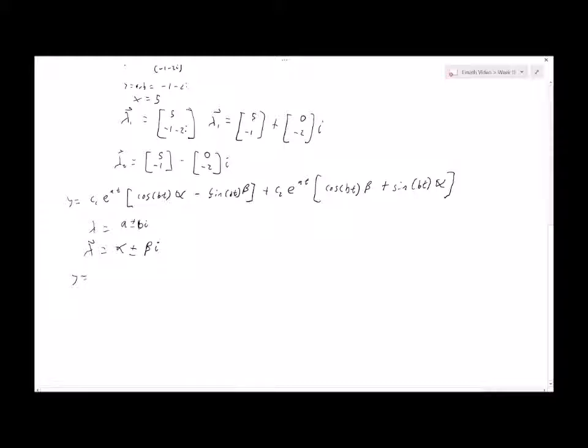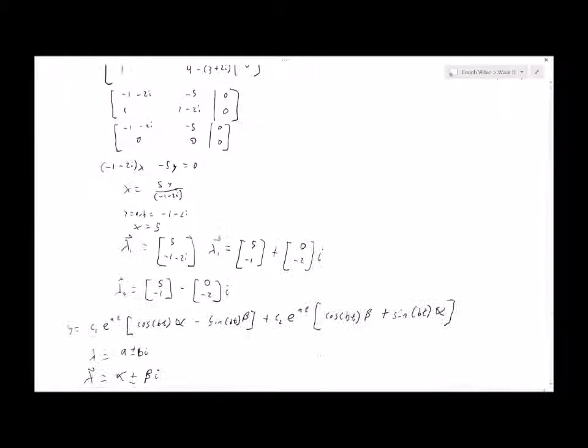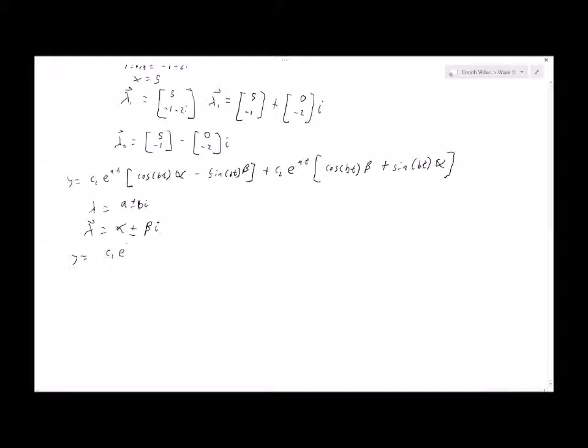It's pretty straightforward. So now we'll have y equals c1 e, and a is going to be 3, b is going to be 2, so e to the 3t cosine 2t alpha, and alpha is going to be 5, negative 1 in this case, because it's the real portion of the vector, minus sine 2t beta, which is 0, negative 2,